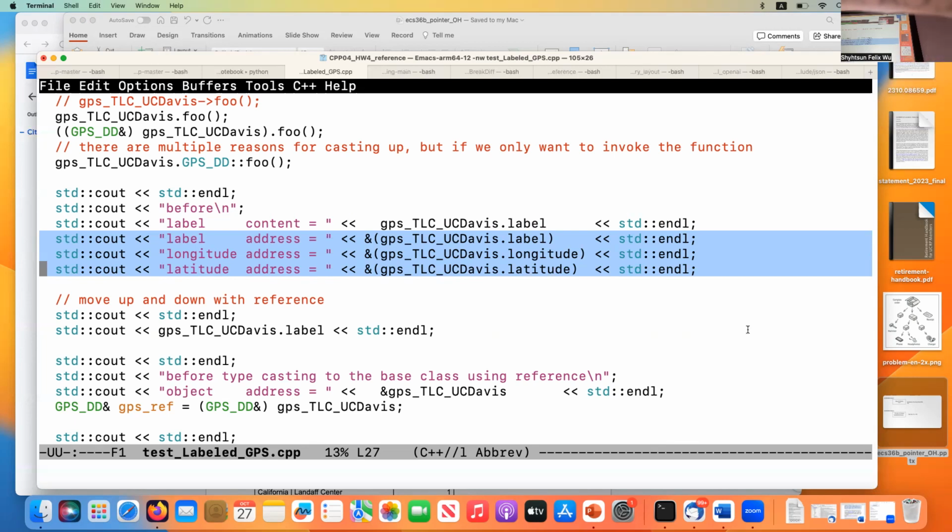Because the compiler allocates the memory. So remember, when you want to print something, you see that this is an object, GPS TLC UC Davis dot latitude. That's the variable. And then I just put parentheses around that, and add an ampersand.